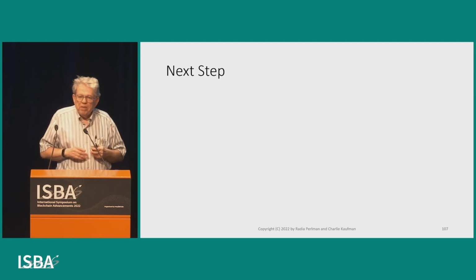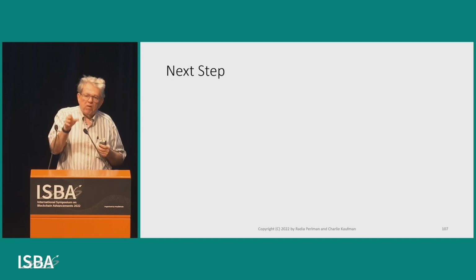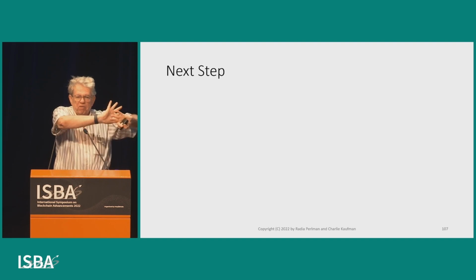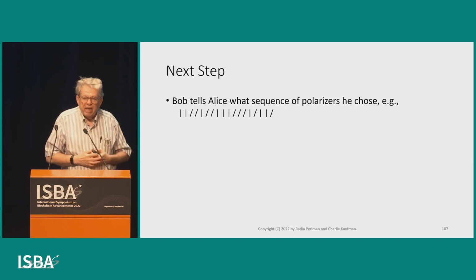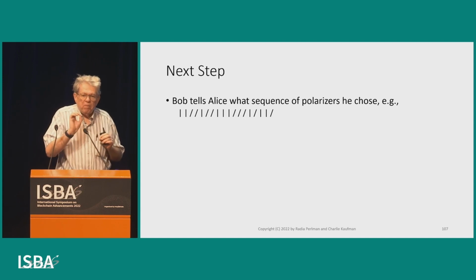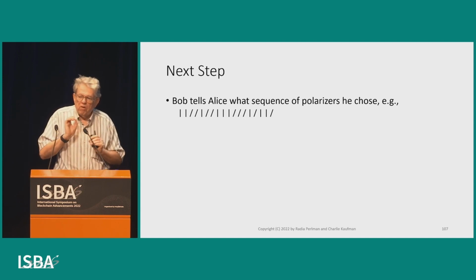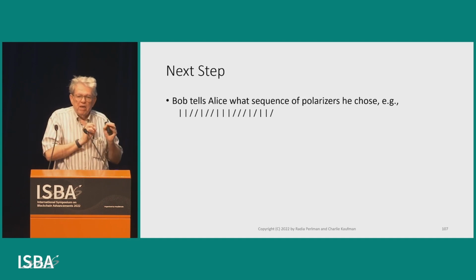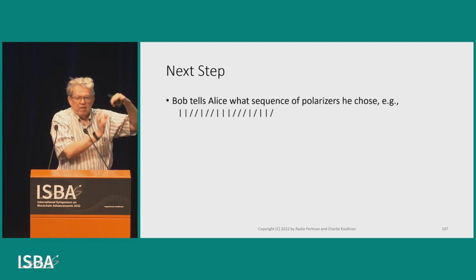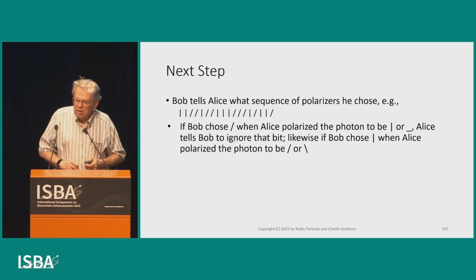So what happens is Alice is going to send down a series of photons, and Bob's going to have his filter set randomly and measure it. And then after this is done, and Bob noticed in each interval whether he received the photon or not, he's going to tell Alice what sequence his polarizers were set in. So first I set it this way, and then this way, and then this way. Alice is going to,